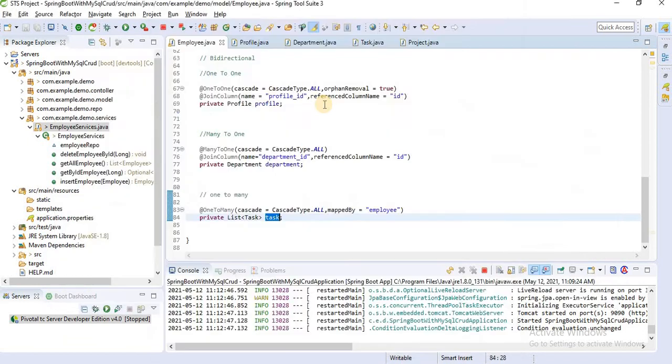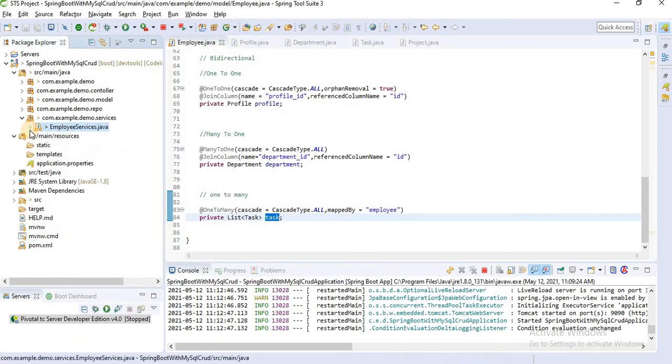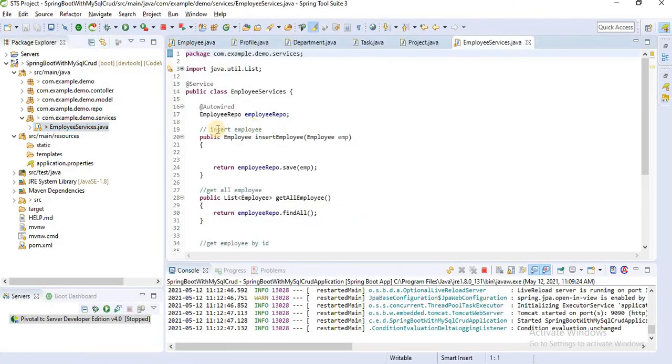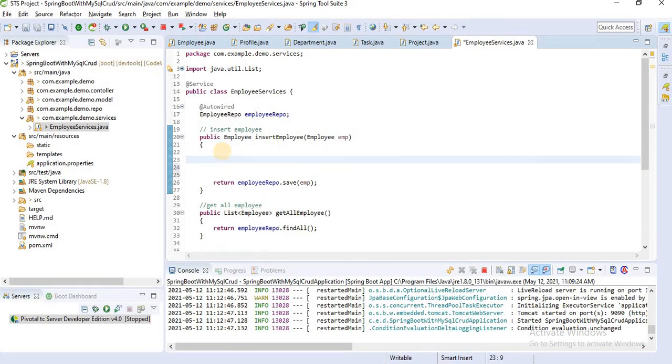I'll show you one thing. Let's go to the employee service. We have already created the employee service class. Open that employee service and let's find our insert employee method. Okay, here we have an insert employee method. Here we have to write some code. Here get all employees, iterate over them using a for each loop.